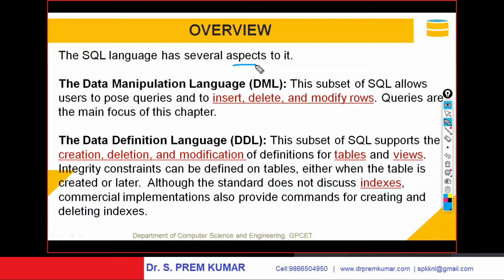It is having several aspects. What are those aspects? It supports the DML, that is data manipulation language. Suppose I want to insert a new row, you can do that. I want to delete a row, you can do that. And of course, I want to do some modifications, updations, you can do that. So insertions, deletions and modifications can be done comfortably with the help of DML, data manipulation